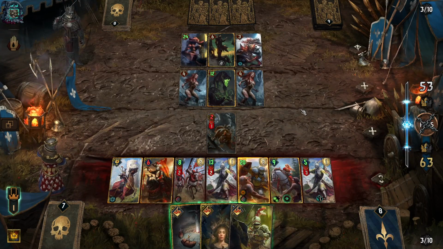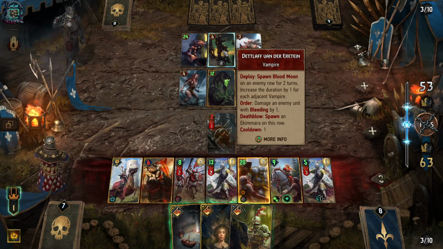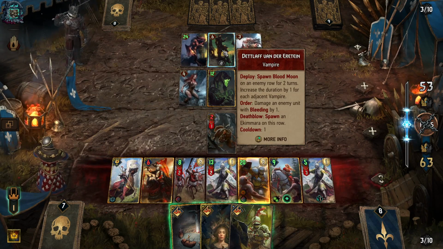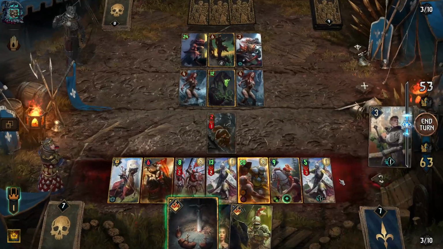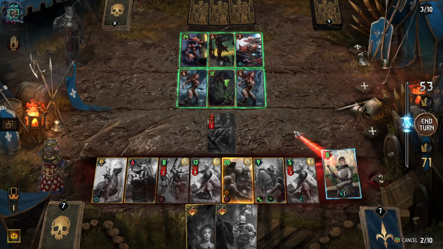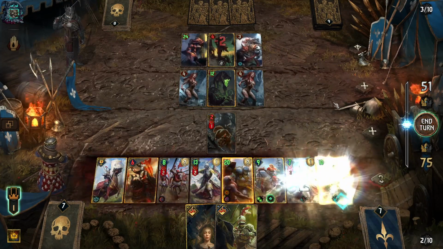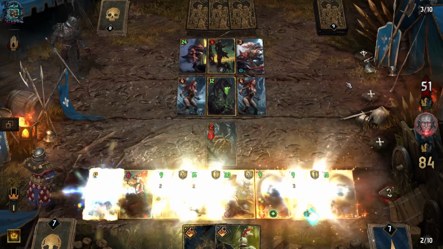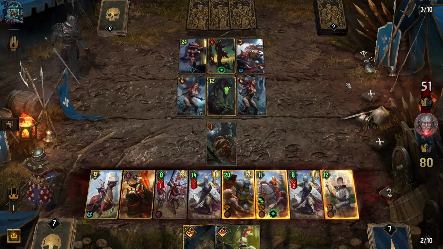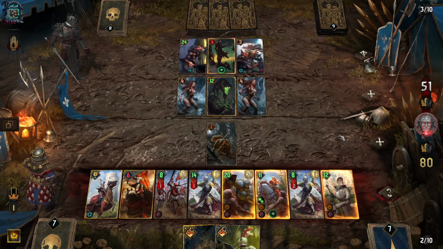Now we play for AA. Again, we can't necessarily kill this. Damage an enemy unit with bleeding by 1. Okay, it's not the most damaging thing. Right, let's do it quick. AA into that thing. We're going to damage you, because why not? I haven't done anything quick enough, so that's fine. But I did it before this thing graced, which is kind of all we wanted to do, and then...